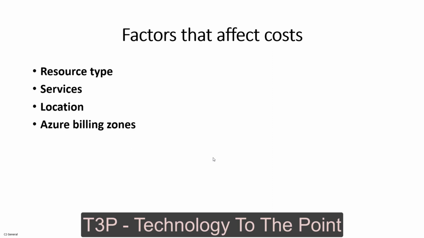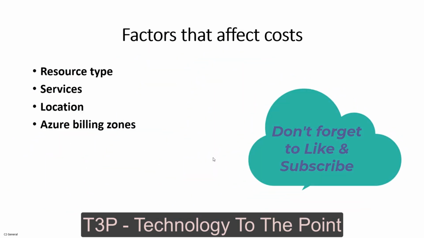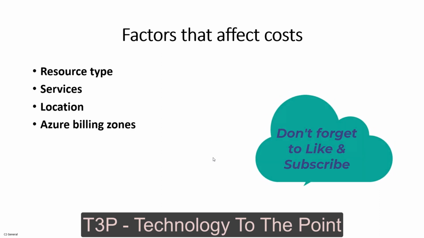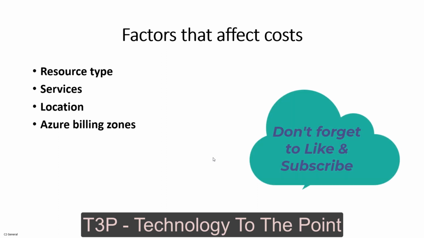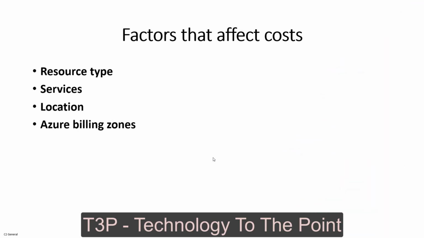So these are a few factors that affect the cost, because in Azure it's not like all the services are available at the same cost. If we have different types of resources, we need to pay differently as per the resource. Then we have different kinds of services, which also affect our cost. Then we have the location. In Oracle Cloud Infrastructure, we have a similar cost throughout all regions, which means even in different locations we have the same cost, so it is easy to predict. But here we need to check in which region we want to host our application and from which location our users will access that application, as the cost will vary accordingly.